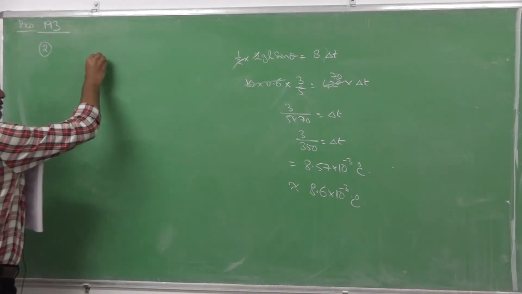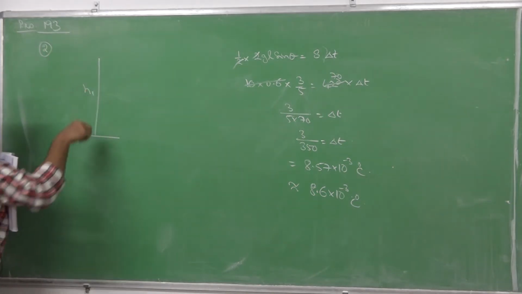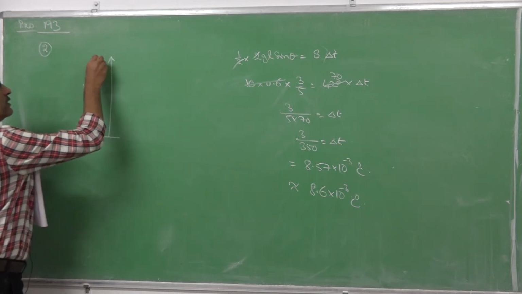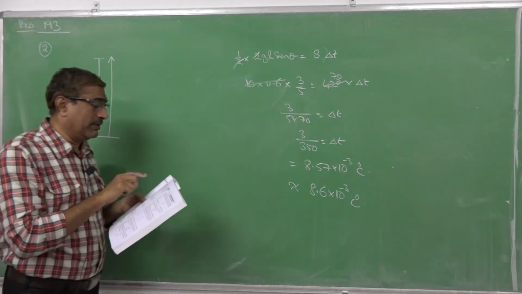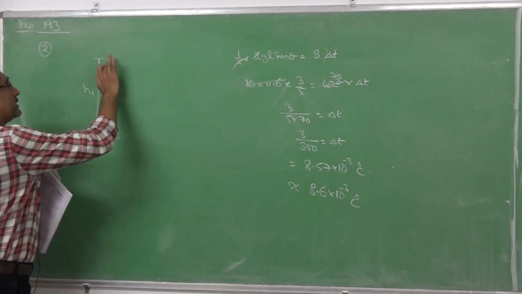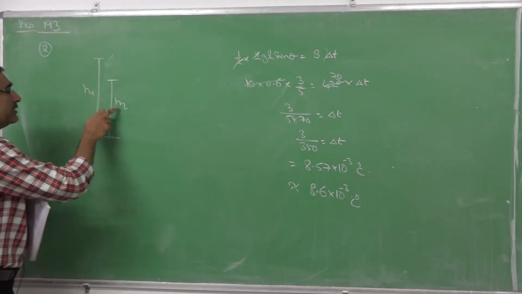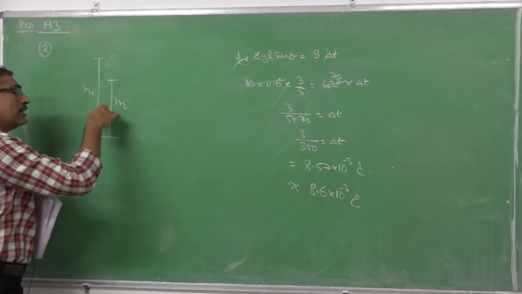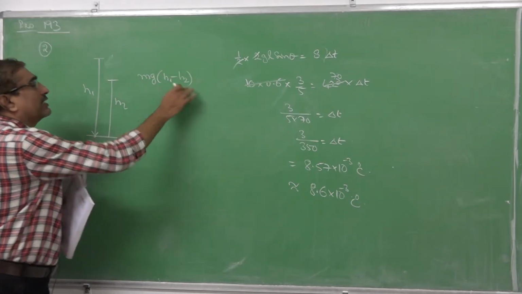So, a ball is dropped from a certain height. Suppose from a height h1, if there is no loss of energy, then again it rebounds to the same height h1. But here in this problem, it does not rebound to the same height; it reaches a height h2 not equal to h1. That means the loss in energy is in potential energy, and the loss in potential energy is mg(h1 minus h2).